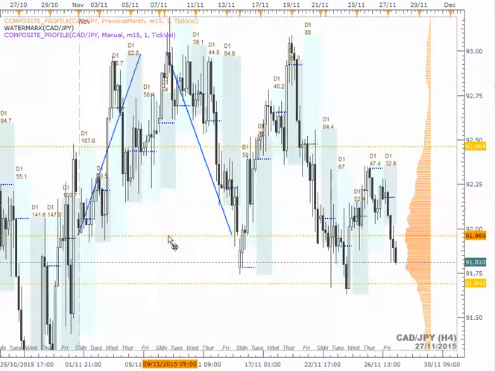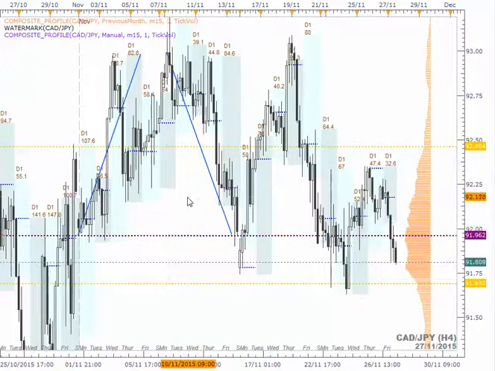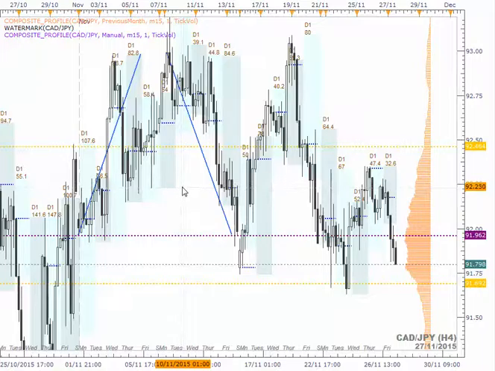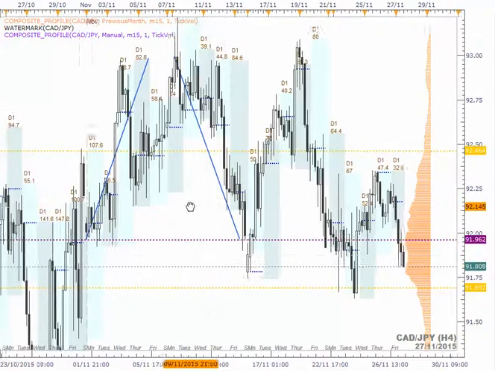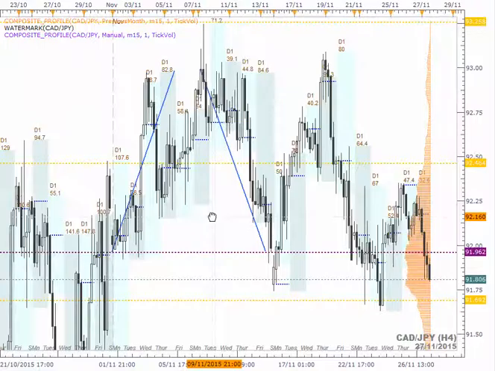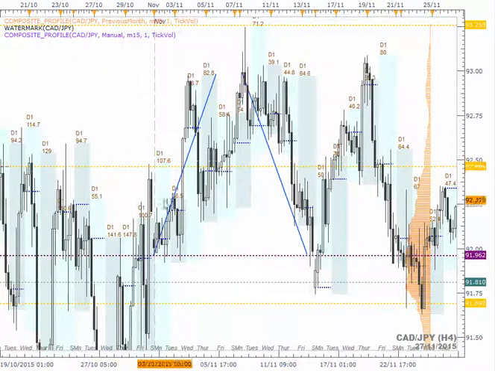So I'm going to just change this color so it stands out a bit, because that's the volume point of control. 91.96. Now I don't want to trade from 91.96. I want to trade to 91.96. And where I want to trade from is where the low volumes are. So coming up here, it would have made sense to take a short trade